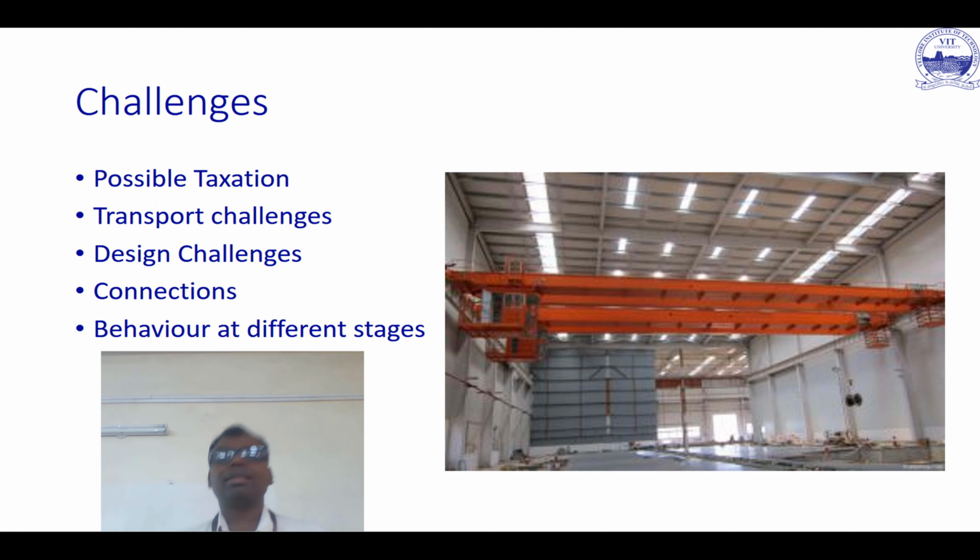Okay. And again, there is the behavior at various stages. Suppose you are taking a precast element, it is being cast in one place, so it is going to endure a lot of rough handling. There is a difference between carrying a beam like this and carrying a beam like this. What is the difference? Value of I is different. So because of that, deflections can change. The self weight is the same, but because the deflection is more in one case,